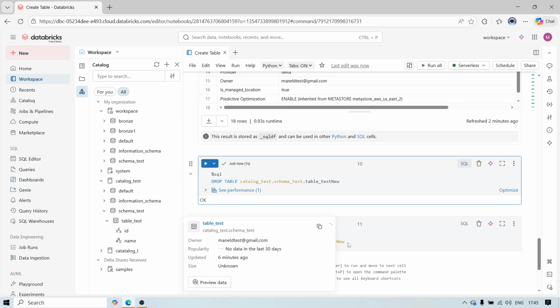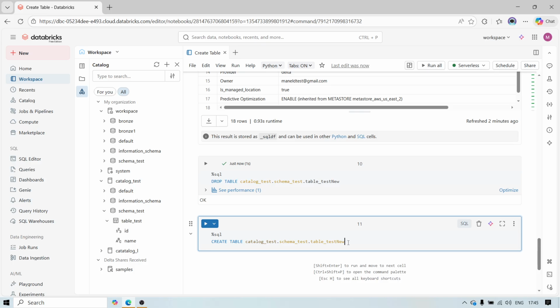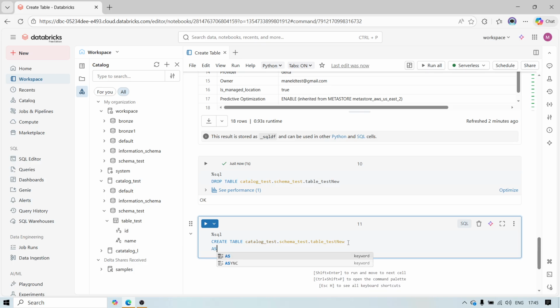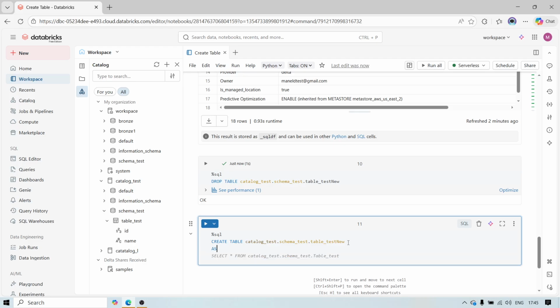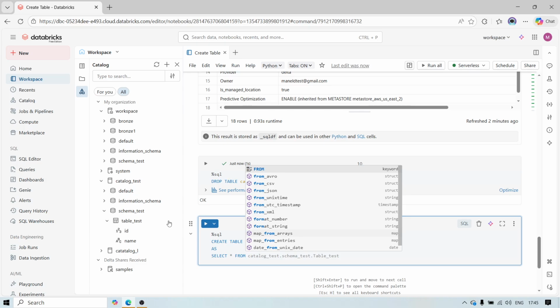So how we can do that, now as select star from this table name, I can copy the path,